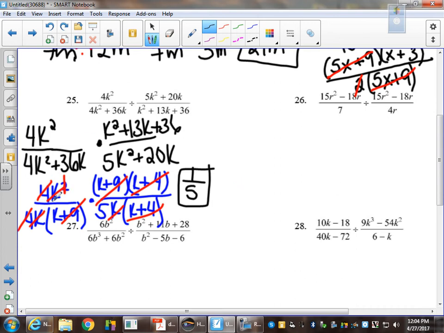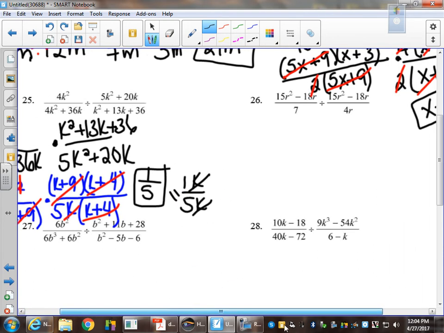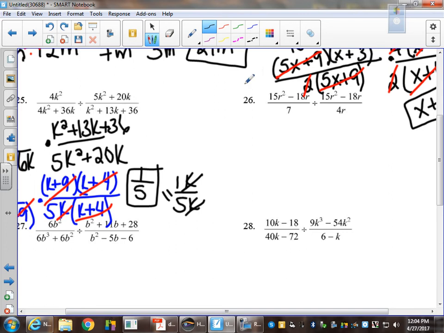So again, I crossed off 4s. I took a k from each, so we still had k up here. So we had k over 5k. The k's will still cancel out, so then you're left with 1/5, which is what we had. Just to reiterate that part, because I know that was a little bit confusing, or may have seemed the way I explained it. Okay? So now for number 26, keep,